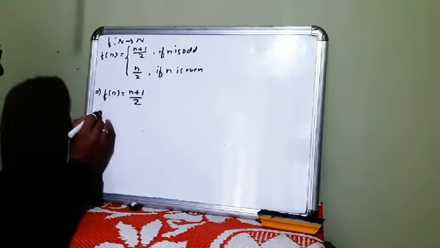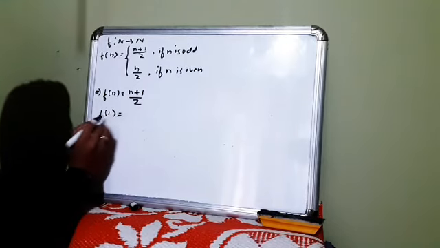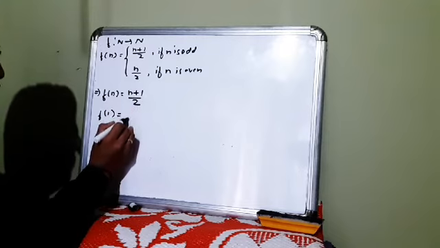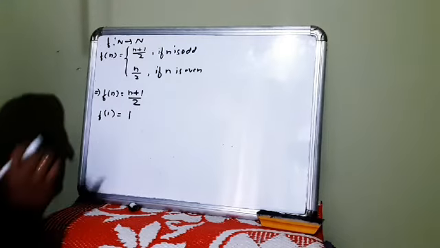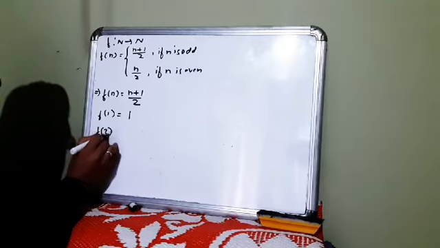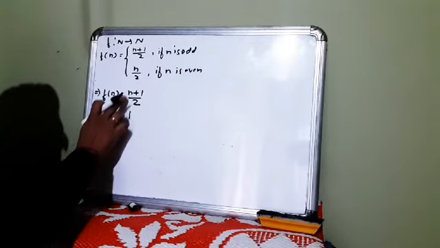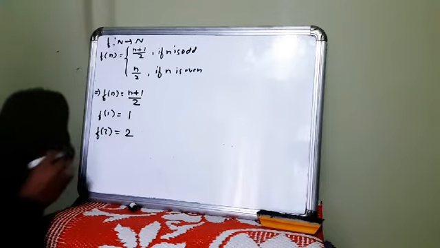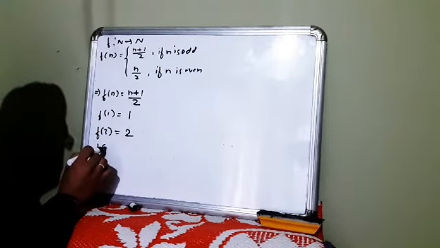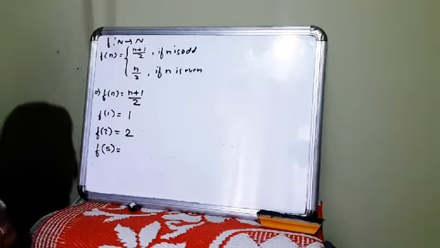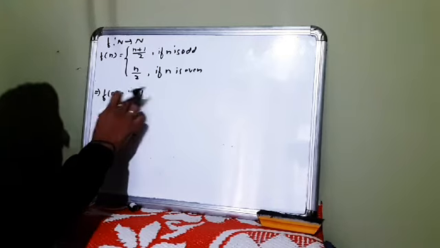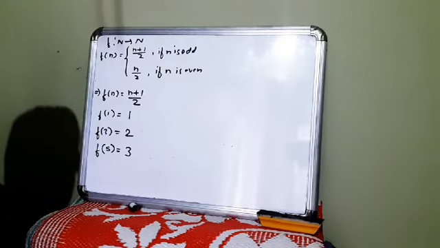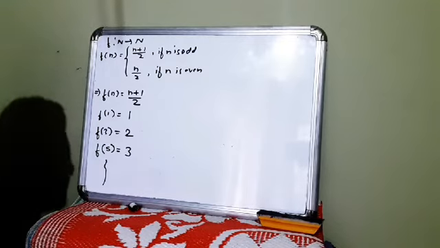So what will we get? See then. The first odd number is 1. So when I put n is 1, what will we get? 1 plus 1 is 2, 2 by 2 we get 1. Okay. The next odd number is 3, means n is 3 we are putting. If I put it here, 3 plus 1 is 4, 4 by 2 is 2. Okay. Similarly, the next odd number is 5. Then 5 plus 1 is 6, 6 by 2 is 3. Okay. And so on.